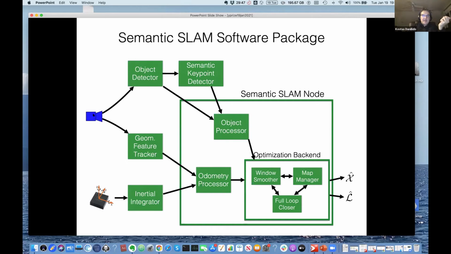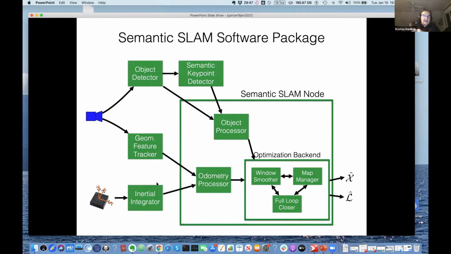You have the camera here and the IMU, and this can be really a camera and an IMU running on your phone, okay? The phone now has the best camera you can find available. And we are running on this phone first an object detector. It gives you a box. Inside this box, we find these key points. And these two go together to what we call an object processor, which takes as input also the database of the shapes that we have for every object.